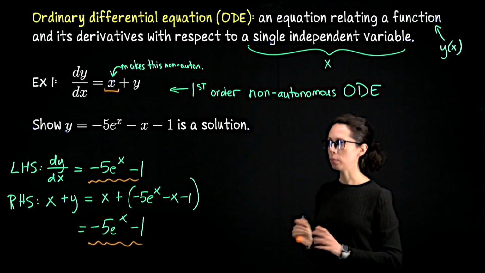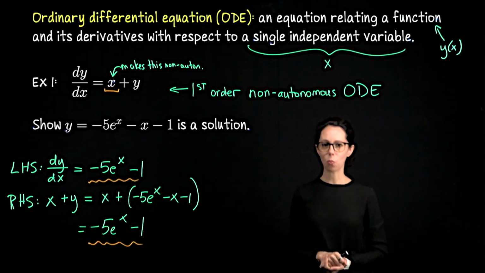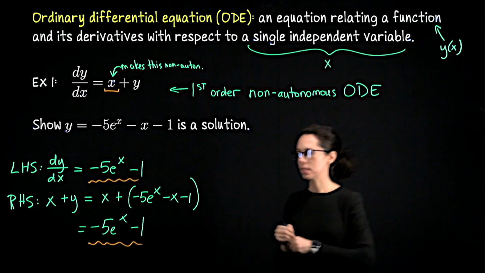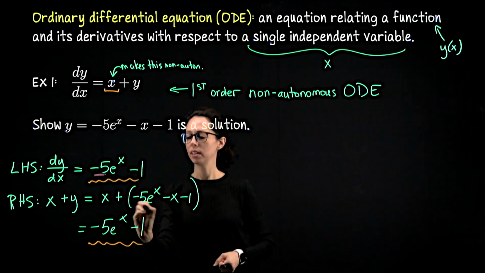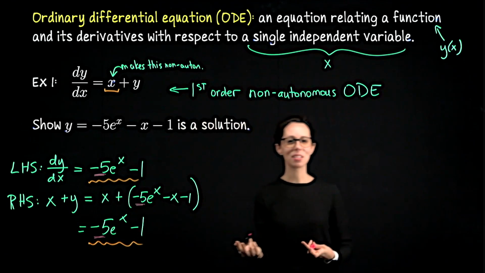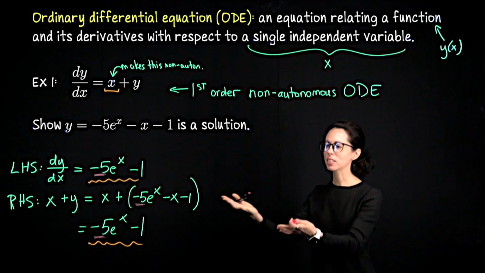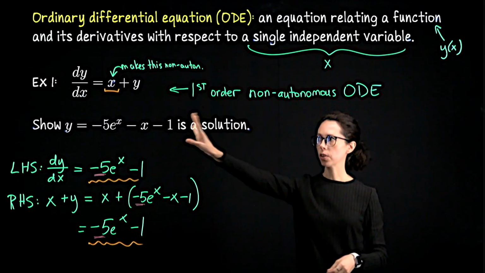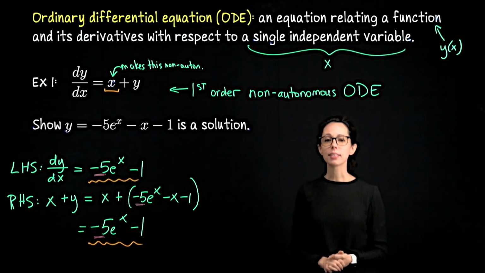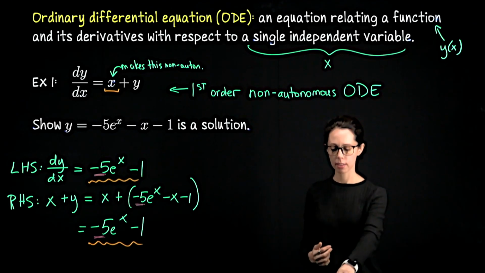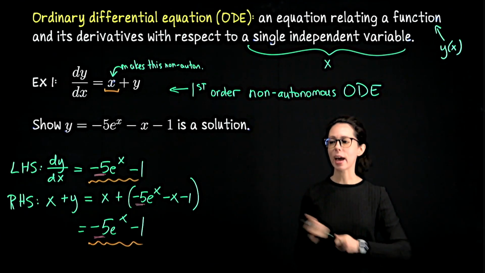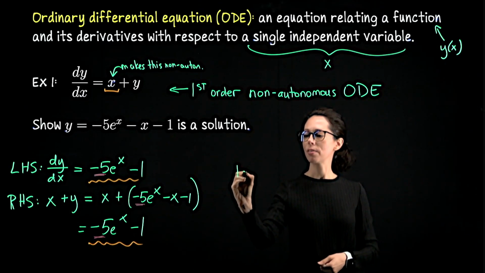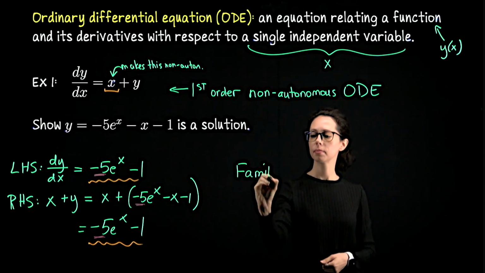I have here one particular solution, but it's not the only one. In fact, you might have noticed that this negative 5 never really came into any of these computations. It never really seemed to matter. And that's because this first order differential equation has a general family of solutions. I'm going to just write down what it is now. And again, we'll learn how to solve differential equations later. So the family of solutions